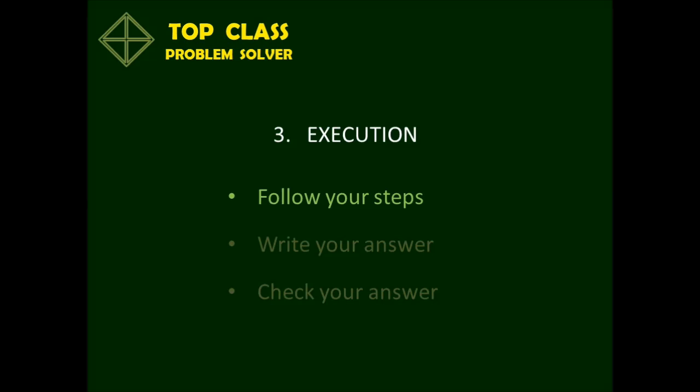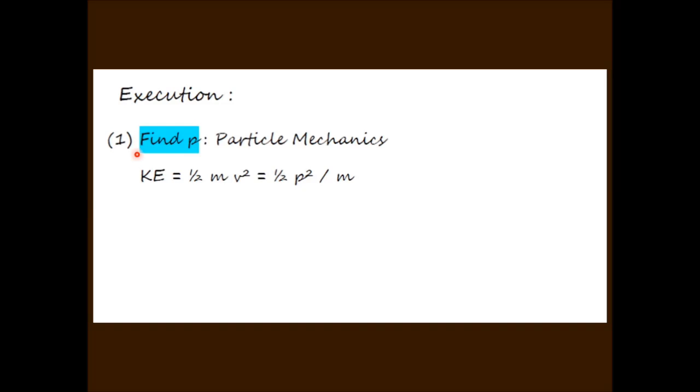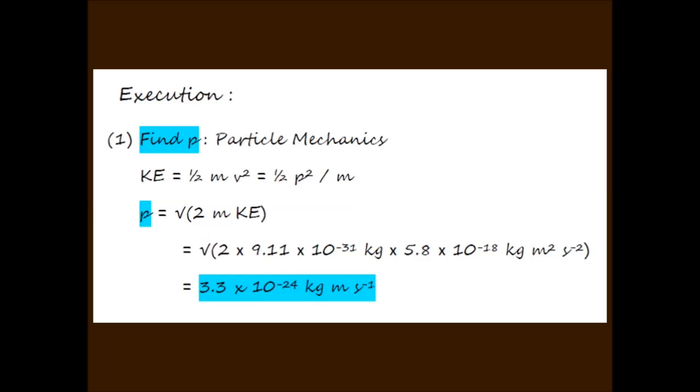The first step of the execution is to follow the steps of the action plan. For the first step, we find the momentum. Using classical mechanics, we write down the equation for kinetic energy in terms of the mass and the speed. But we transcribe this equation and replace the speed by the momentum. So, isolating momentum and substituting for the mass of the electron and the kinetic energy of the electron in joules,